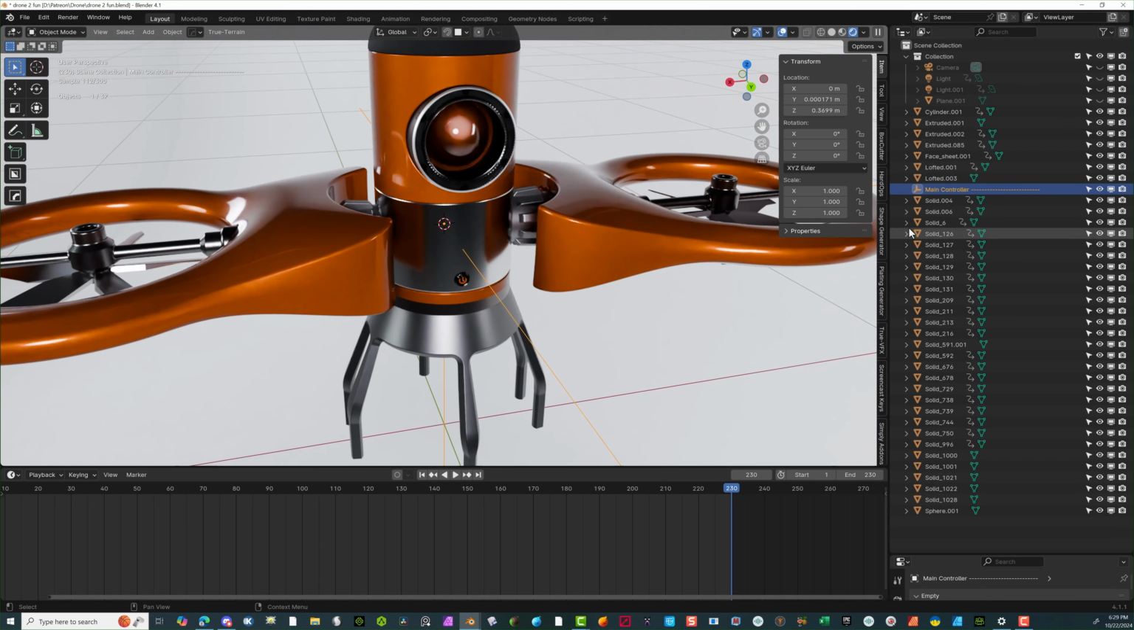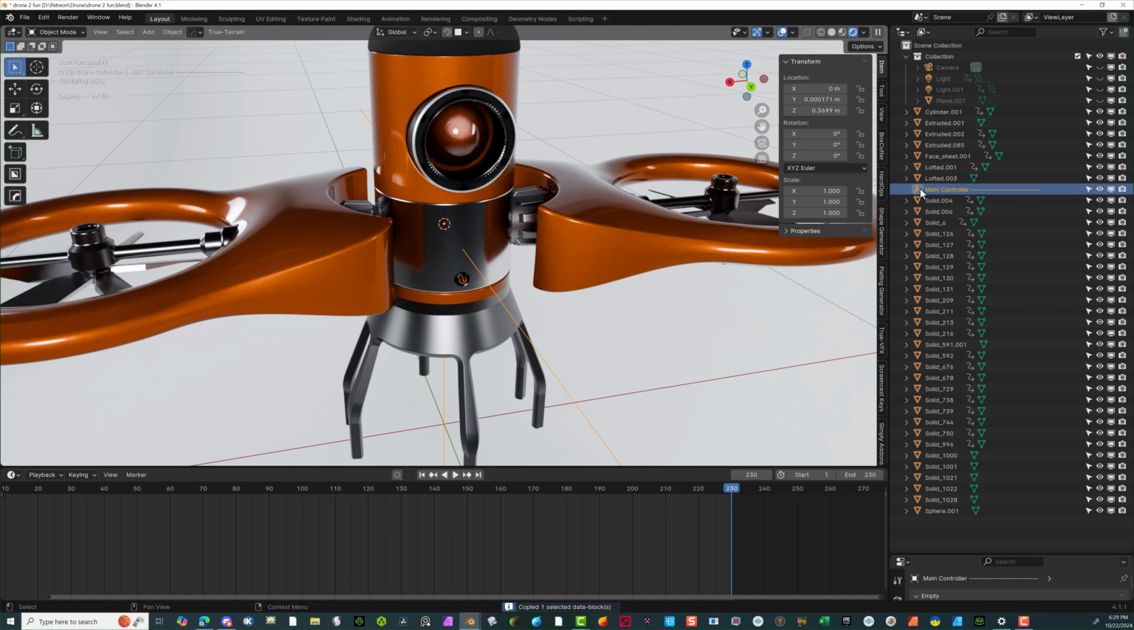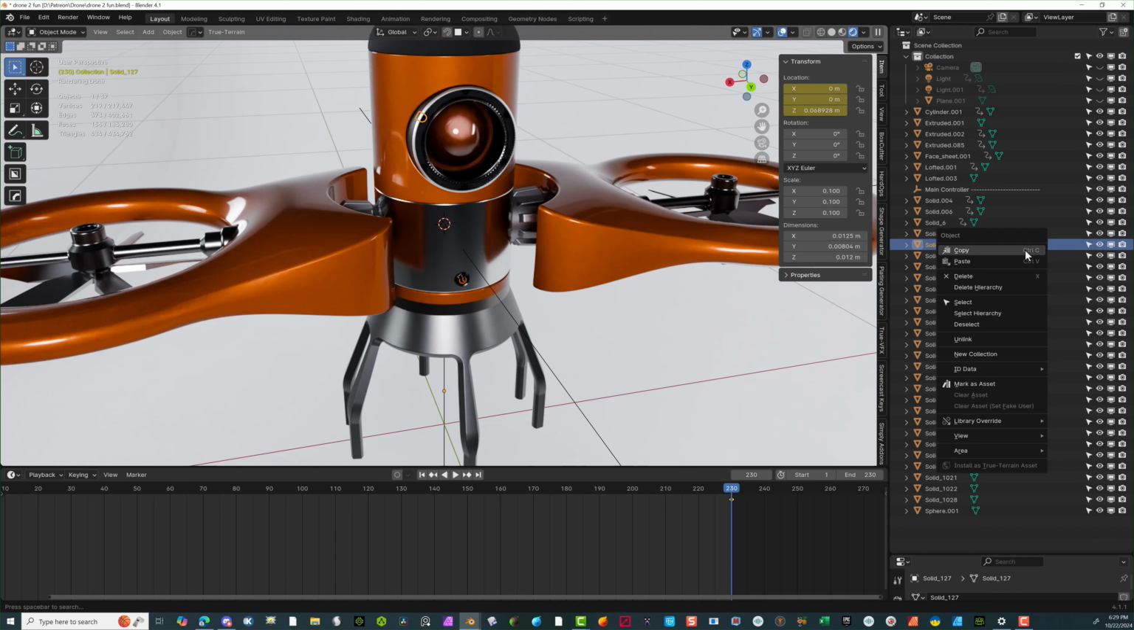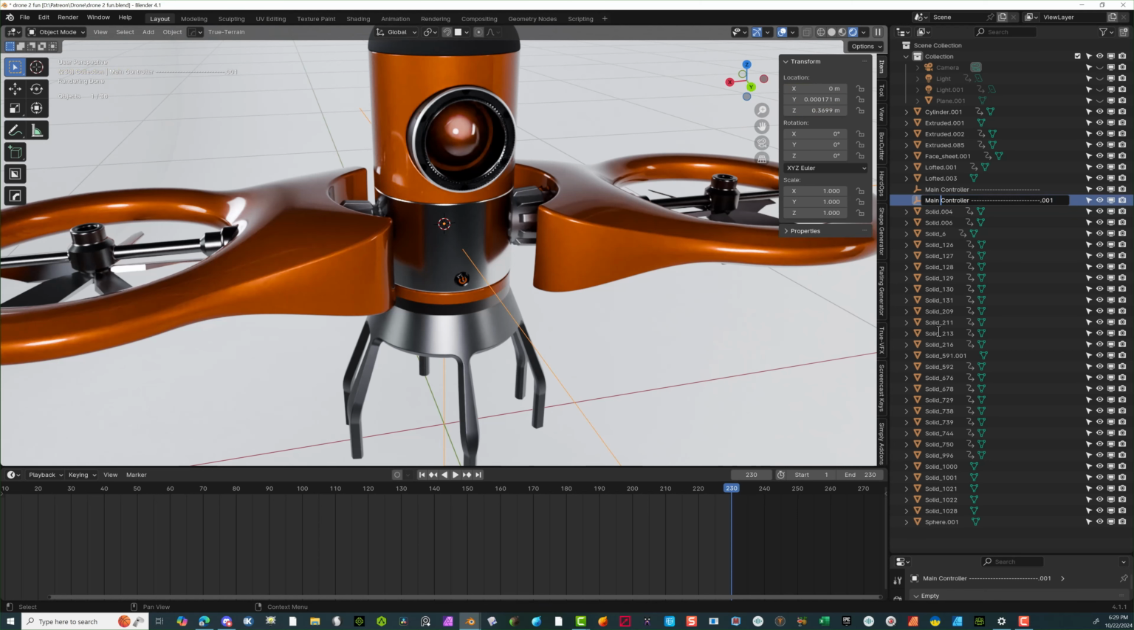Now I'm going to do the same thing. I'm going to duplicate this. I'm going to copy, click somewhere over here and just paste. So now I've got a second one here. I'm going to bring this over here, select it and call it the